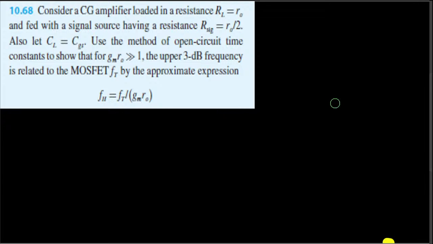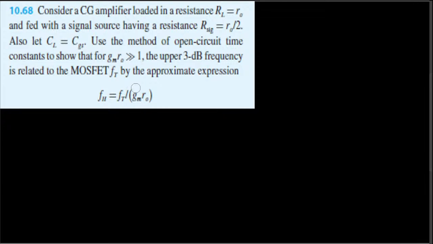Consider a CG amplifier loaded in a resistance RL equal to RO and fed with a signal source having a resistance Rsig equal to RO divided by 2. Also let CL be equal to CGS. Use the method of open circuit time constants to show that for gmro much greater than 1, the upper 3 decibel frequency is related to the MOSFET Ft by the approximate expression Fh equal to Ft divided by